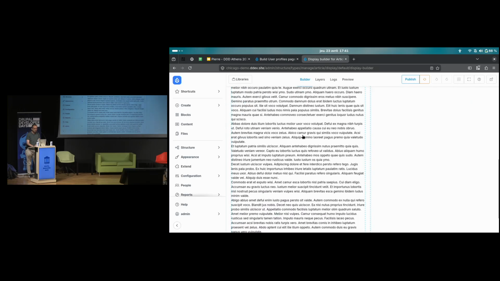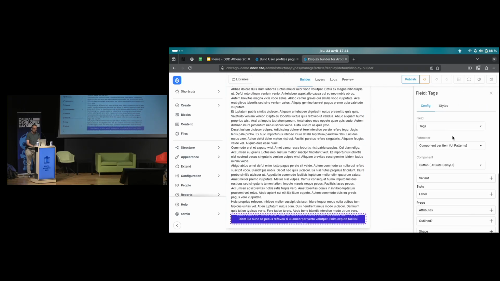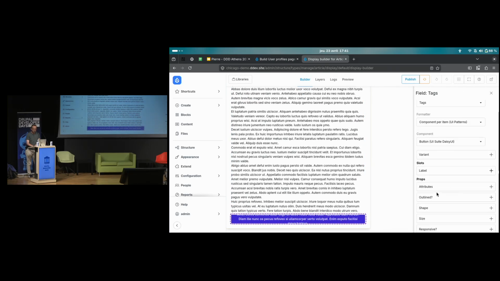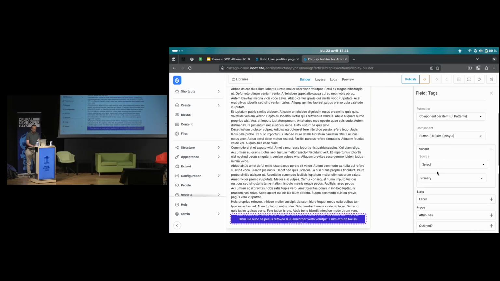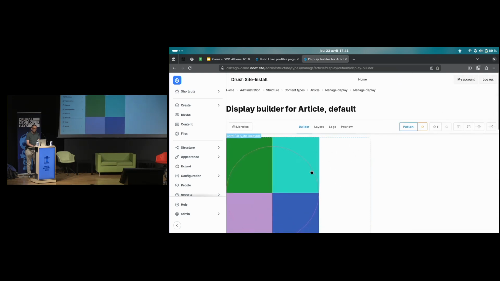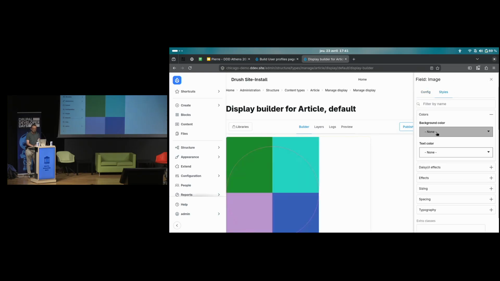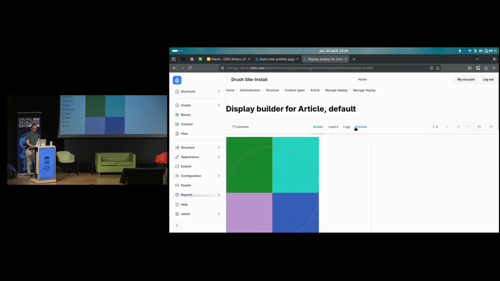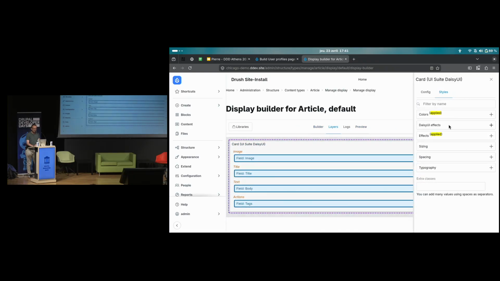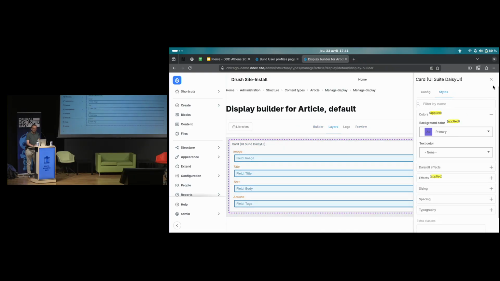And I can now work on my display. So what I will do, I will change my button variant. It will be accent. And I will put, I don't know, a background color. It will not be very nice, huh? But I want to show you, sorry, my background color was on my card. Like that.